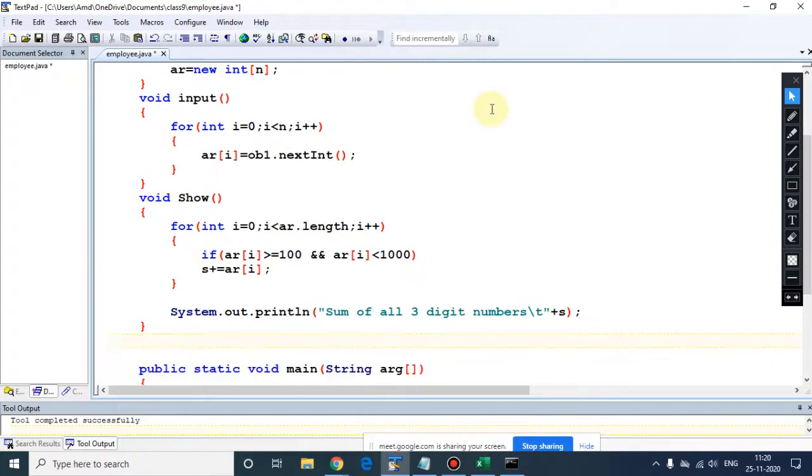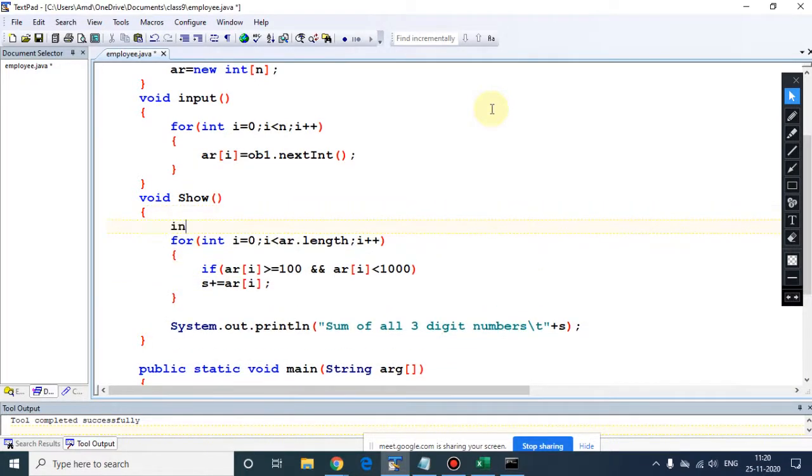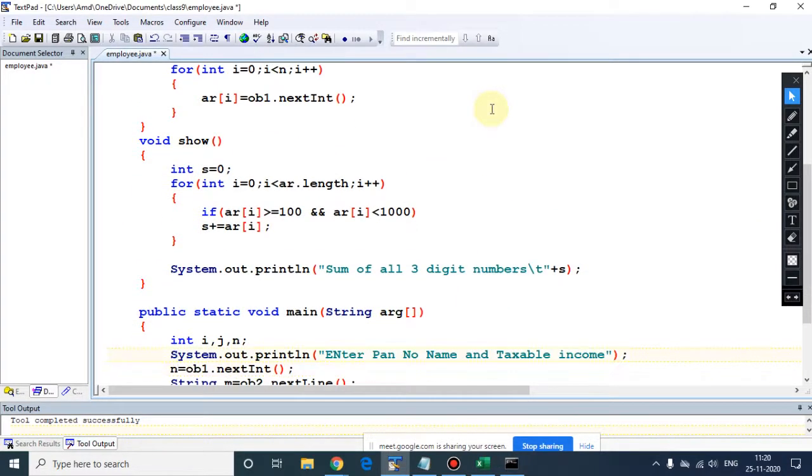The variables need to be declared, especially the S. So now in the main, enter size and storing in n.